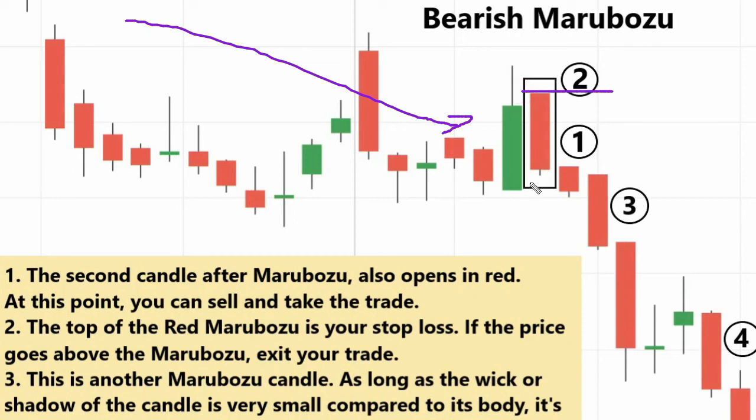So we will mark the high and low of this candle. The high will be our stop loss and the low will be our entry point. Whenever the low is broken, we can take the entry, and you can see we are getting a strong bearish rally